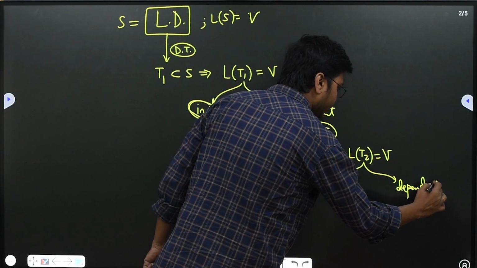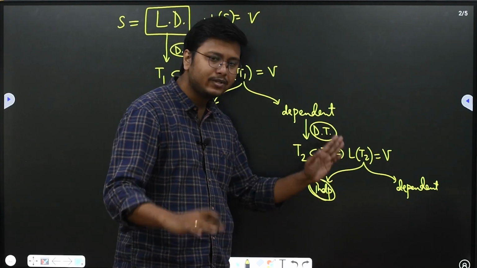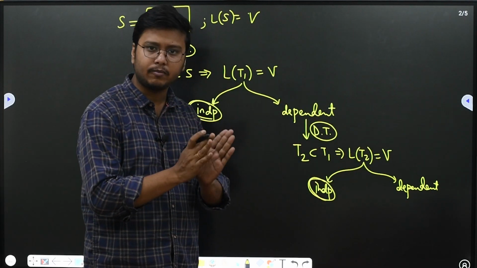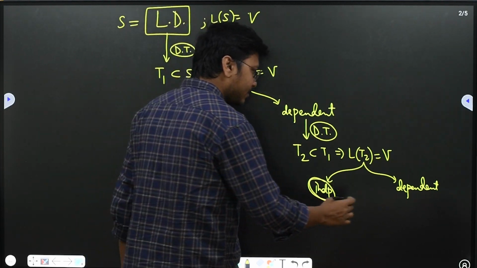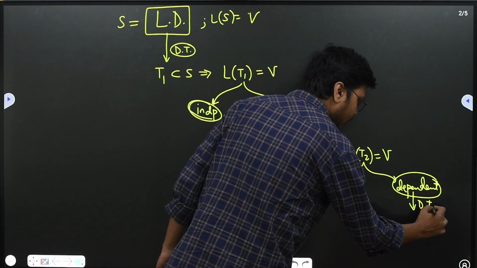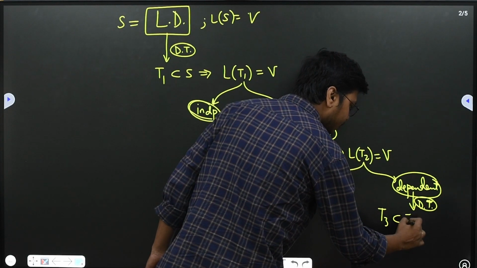So again, as I told you, if it is independent, the deletion stops, and now T2 is the smallest possible set which is generating V. You cannot make it smaller. If it is dependent, you can again apply the deletion theorem and obtain a T3 set which is a subset of T2,